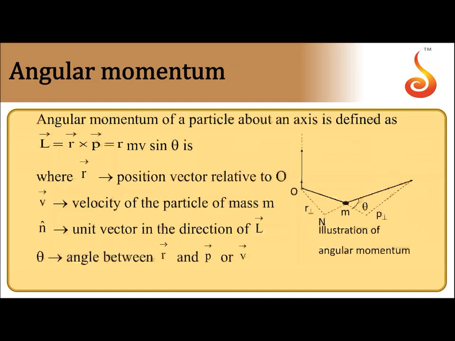So that is all about moment of inertia for different objects. Now coming to angular momentum. Angular momentum of a particle about an axis is L = r cross p, as we have seen earlier. So this is the diagram to illustrate it. Here is the mass, this is r, this is p, and we have to take r cross p.